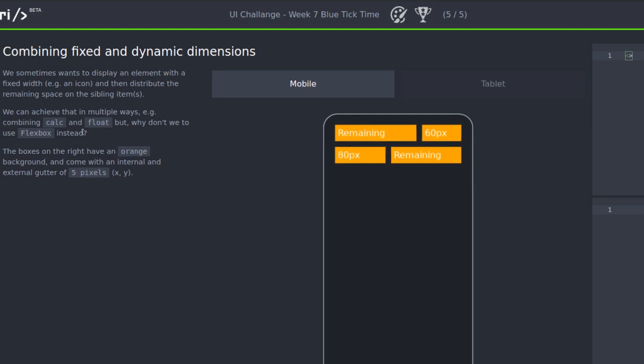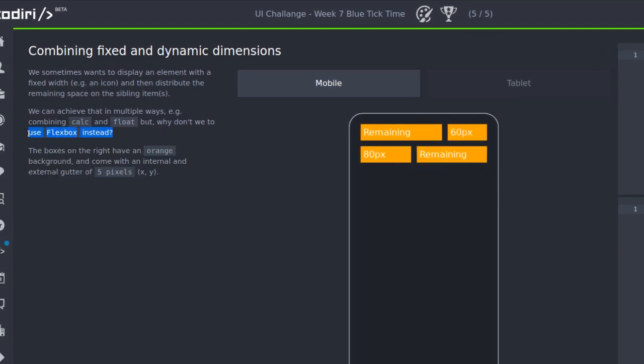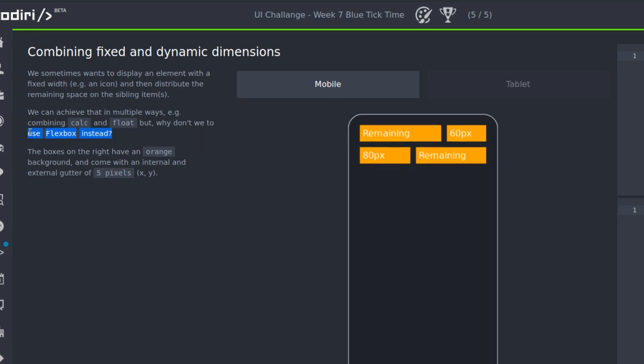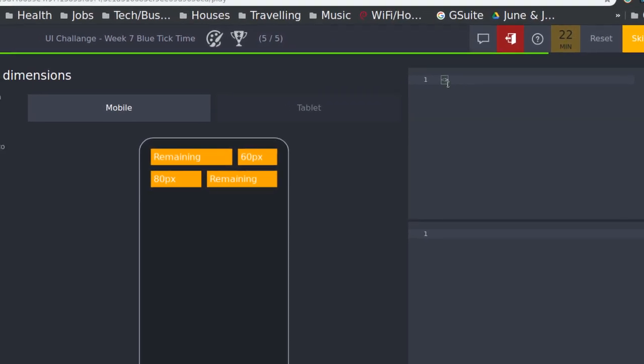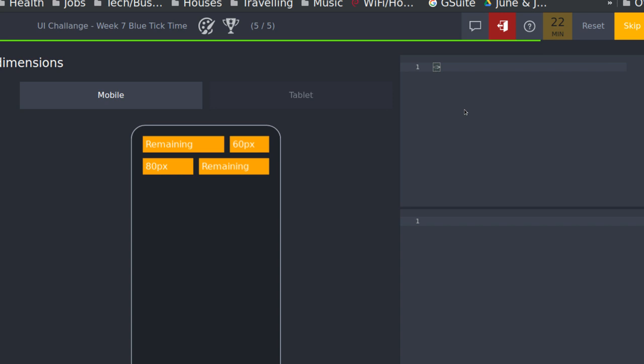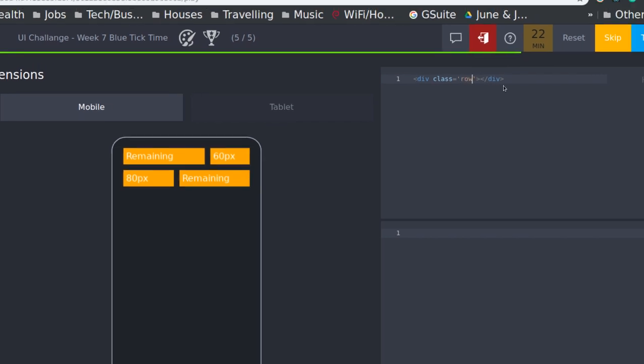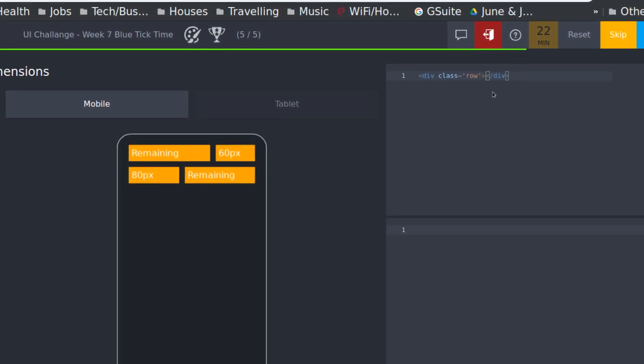So I wouldn't use grid, I'd use flexbox. It says, can we use flexbox instead? So I'm going to go that approach. And it is a question in the flex training even. So I would set it up as two separate rows. You can call them rows if you want. Inside of each row,